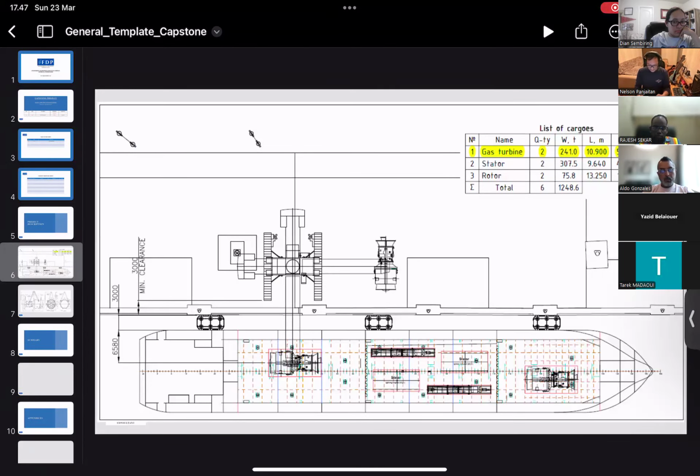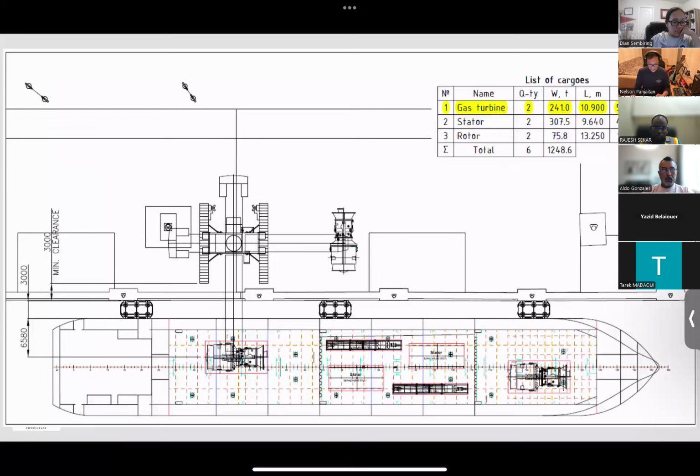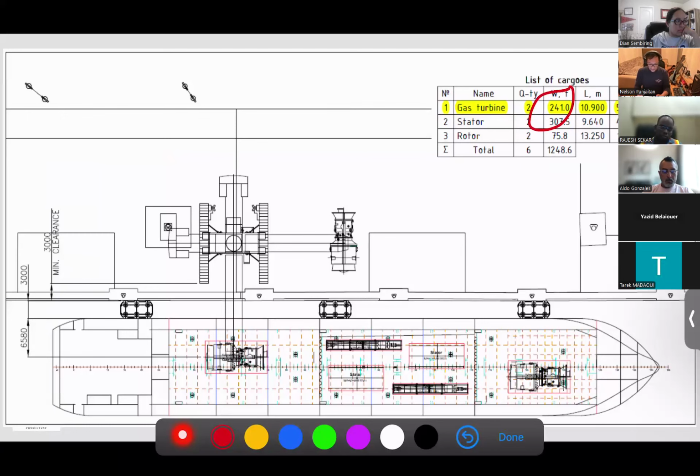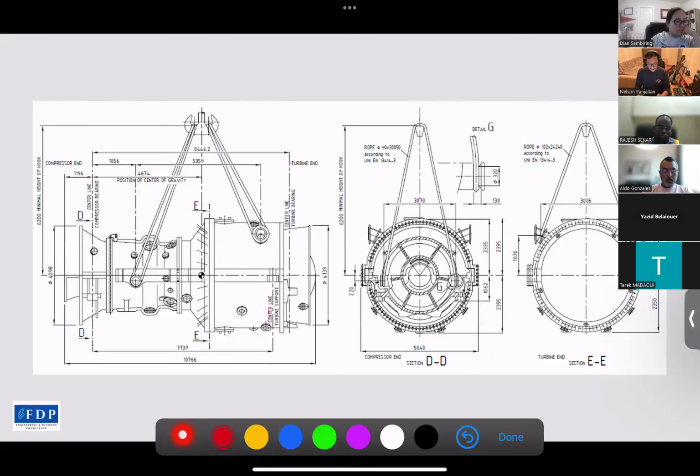So in this project, we are going to lift a gas turbine from vessel to the yard. The weight of this gas turbine is 241 tons, as I highlighted at the table here. And this is the rigging design to calculate the rigging weight. And the goal is